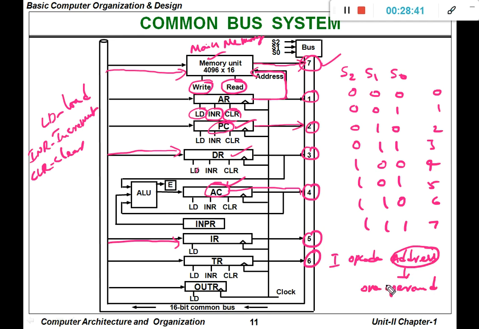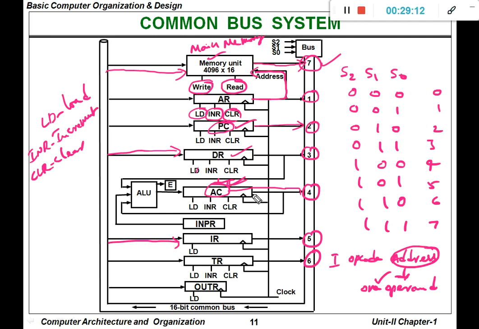So whenever we need two operands, one operand will be fetched by using this particular address. The second operand will be stored in the accumulator register, already in the accumulator register. So we are going to perform the arithmetic operation by considering one operand from the address available in the instruction register, another operand from AC, and perform the arithmetic operation.